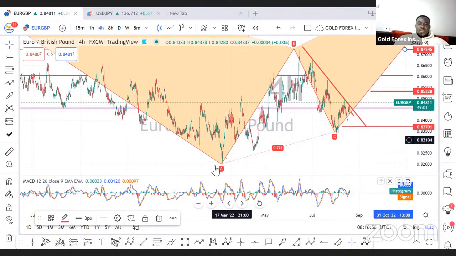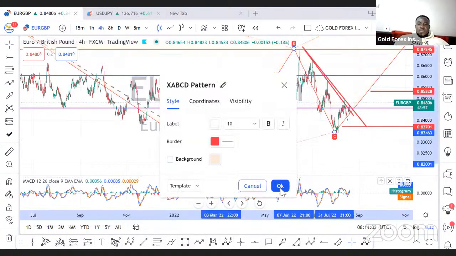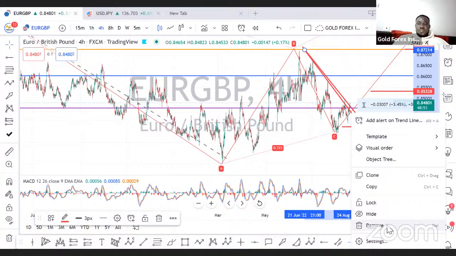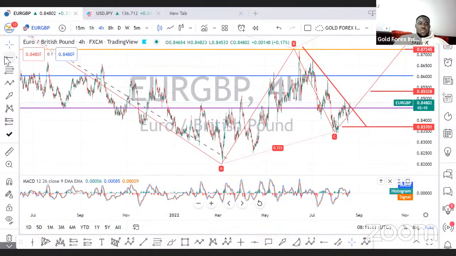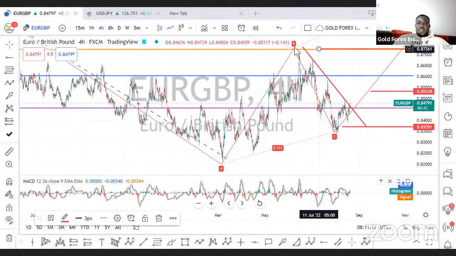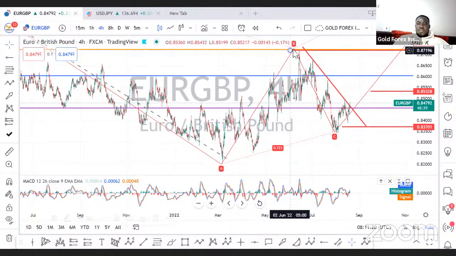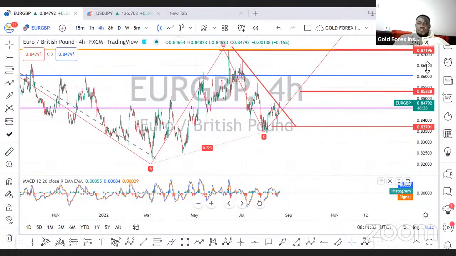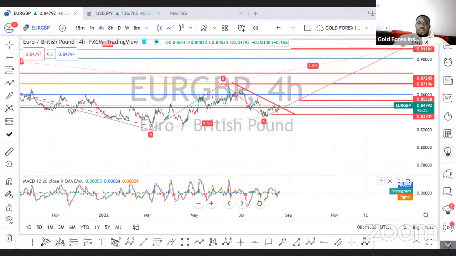Let me take off the background. Take profit one would be at the fib level that caused the break of market structure, which is here. Once it breaks take profit one, take profit two is going all the way to this level.